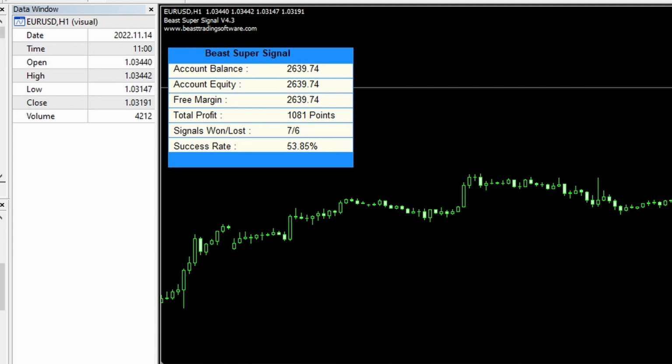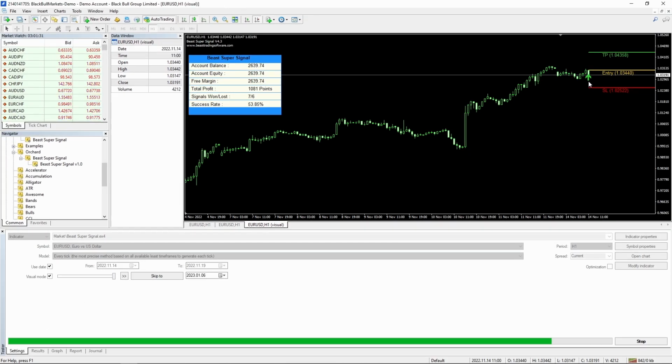So when I write this, I'm just going to take a chance and assume that buffers 0 and 1 are still the up and the down arrow signals. This in the visual tester is just running unbelievably slowly, so I'm not going to wait for it to go any further. I think I've got all the information I need now. There are 3 lines, there's an arrow. I'm going to stop this,